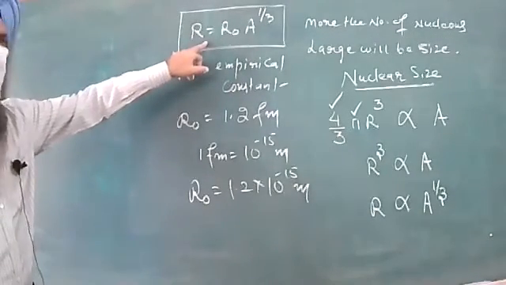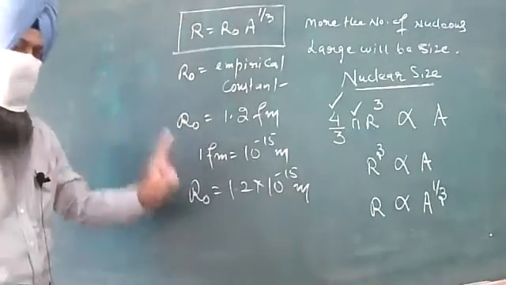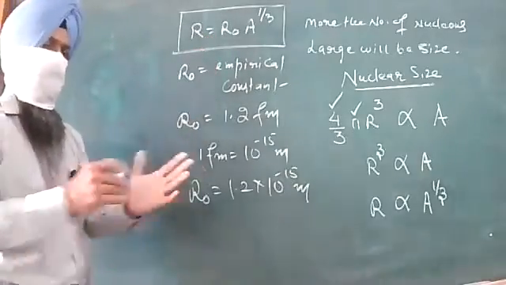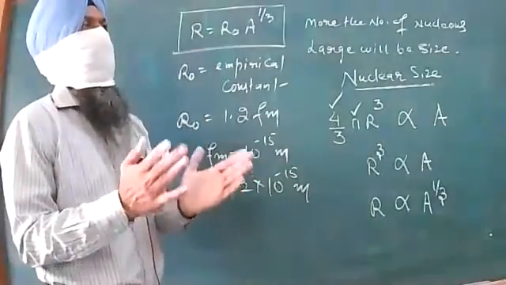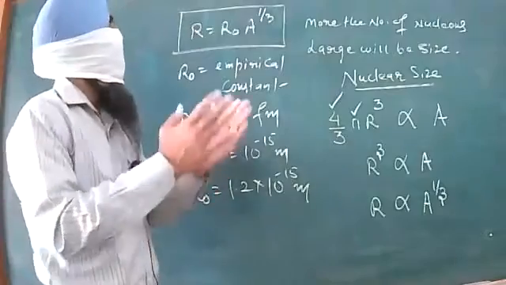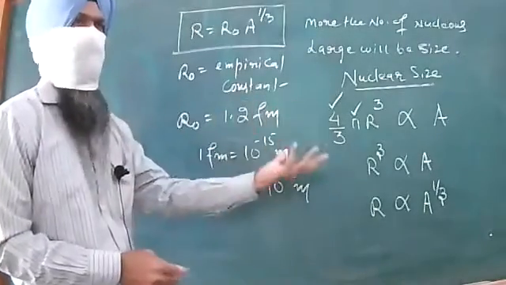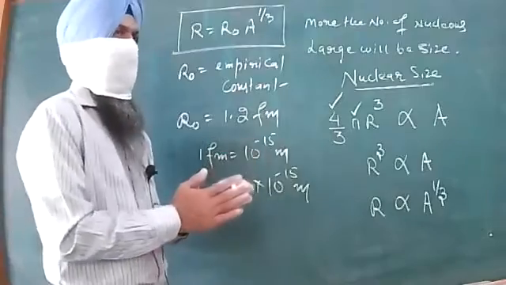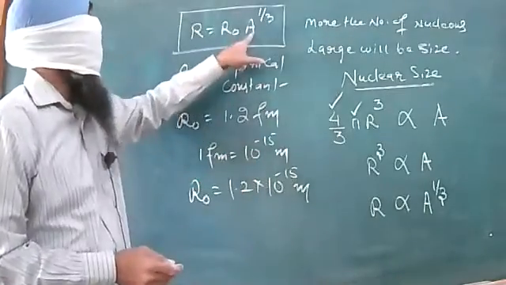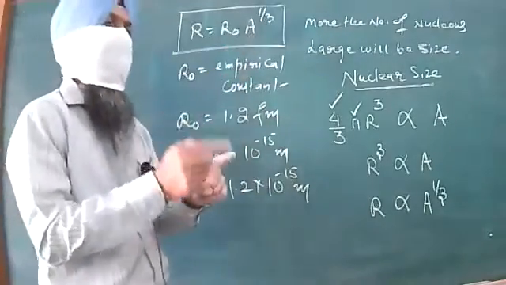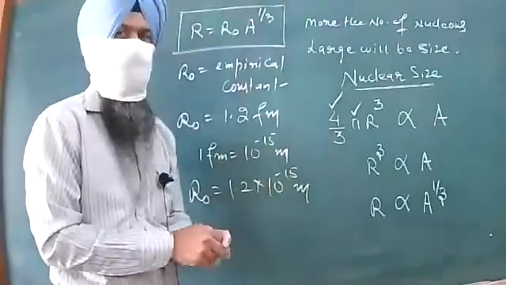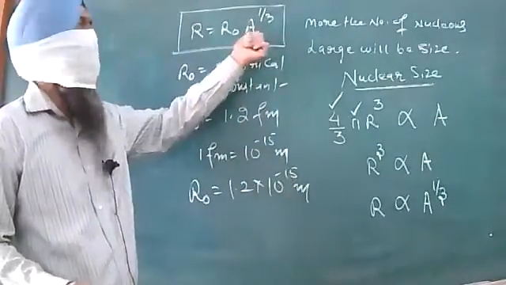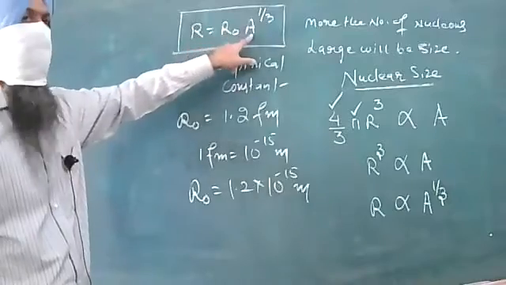2 or 3 years back, the very first question CBSE asked was related to this. The question was that one nucleus has atomic number 8 and the radius was given, some numerical value. The second nucleus has mass number 27 and the radius of that was required. So we have to do nothing but substitute the values. R is with you, A is with you.